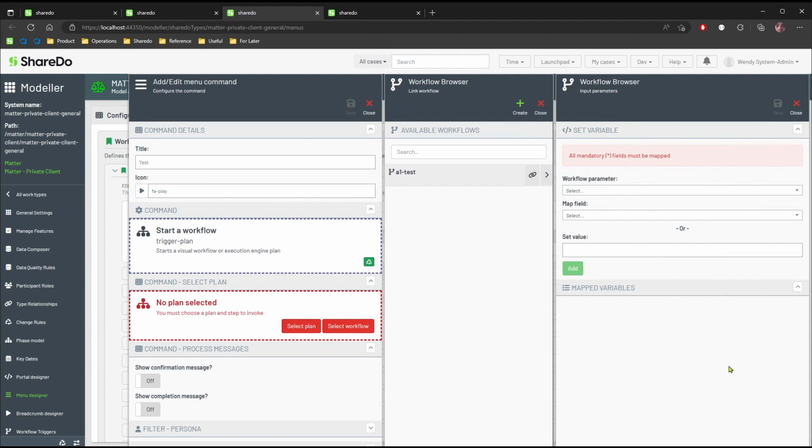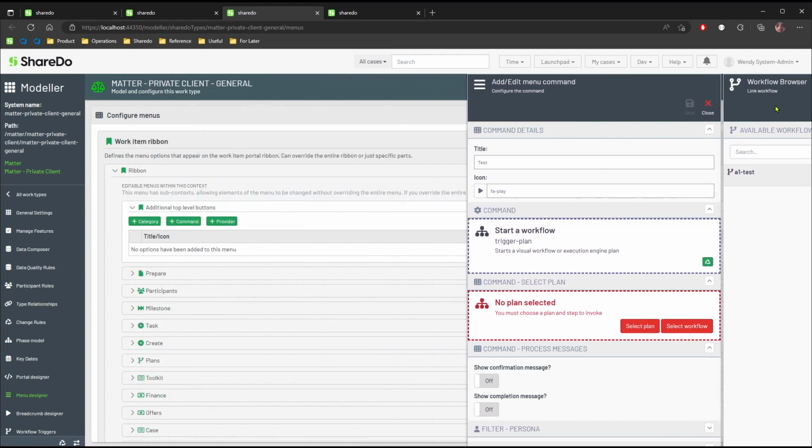Now I'm getting my workflow input parameters. So the workflow parameter of work item ID, which is mandatory. And remember, that's the thing that's then going to get transformed to the current value and passed across to the API based upon the code template we created. I'm going to map that to the current work item ID. Add that, hit save,